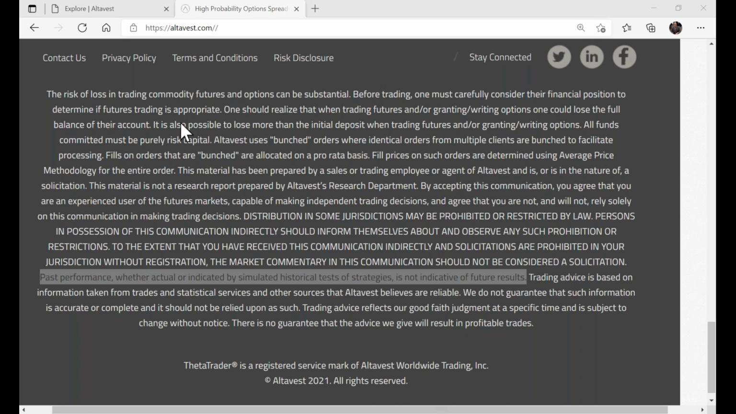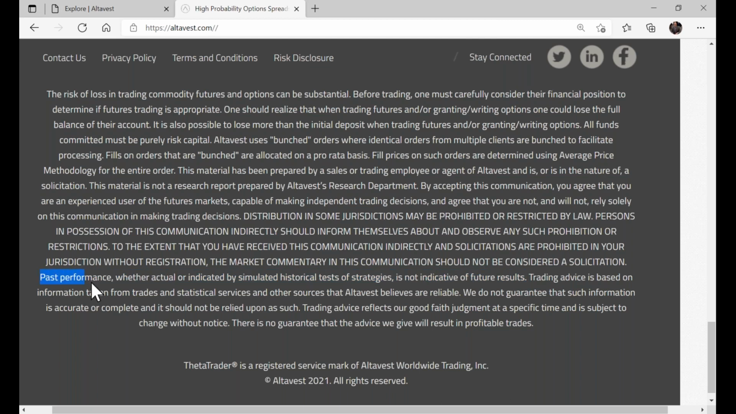But first, remember that there always is risk of loss when trading. So whenever there's a potential for profit, there's of course potential for loss. And I'll have you take note that past performance is no guarantee of future results. So keep that in mind. And with that said,